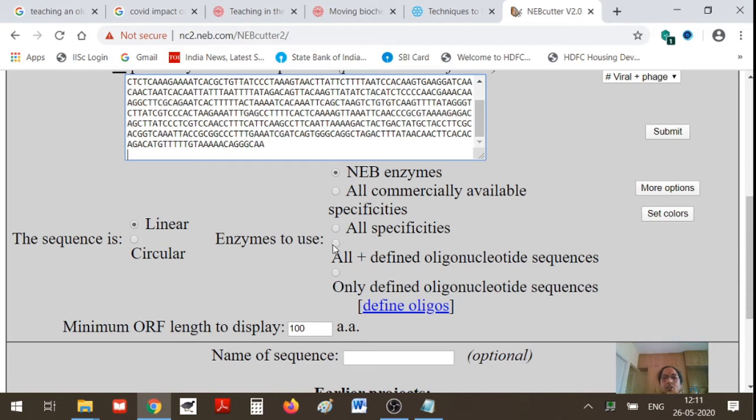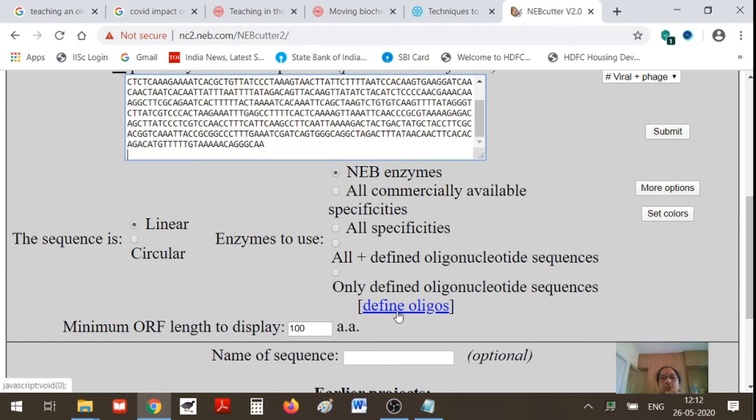Then you have another option here, all plus defined oligonucleotide sequences. In addition to finding the restriction sites, the software can also search for defined oligonucleotide sequences in the input sequence. That is, it can search for all enzyme specificities and also for defined oligonucleotide sequences present in this input sequence.